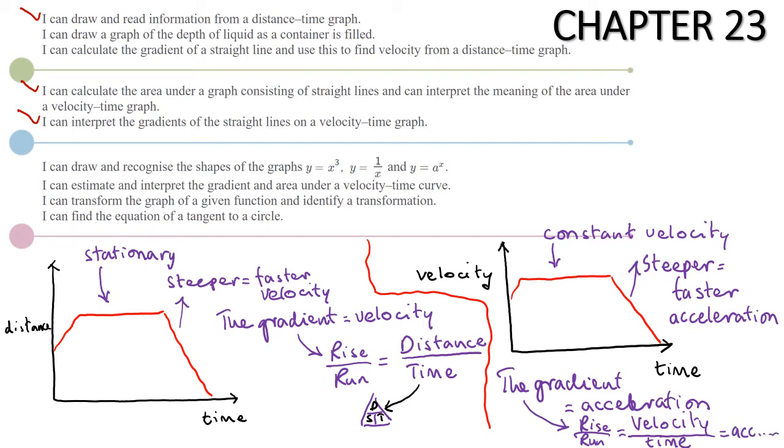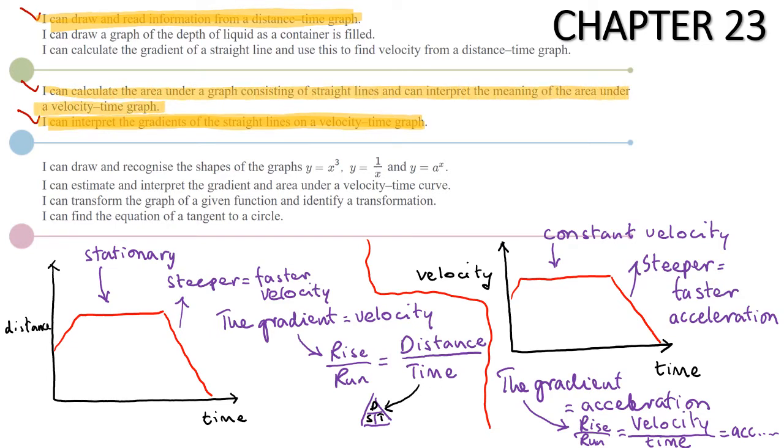So that covers the distance time graphs, and we've done that bit there. So now we're going to be looking at the bit where it says the area under a distance time graph. Now the area under a distance time graph on this one, for example, is going to be this. Sorry, not a distance time graph, a velocity time graph, that area